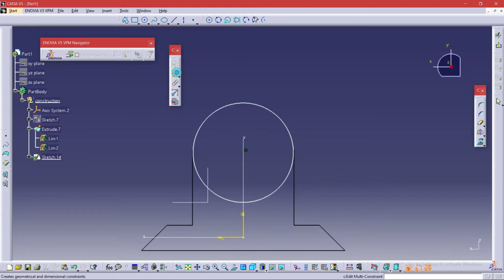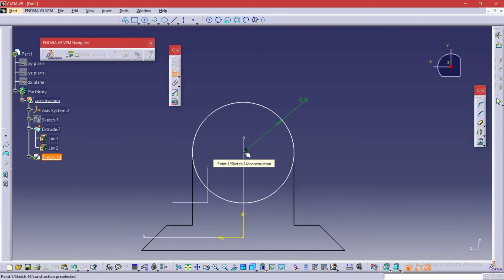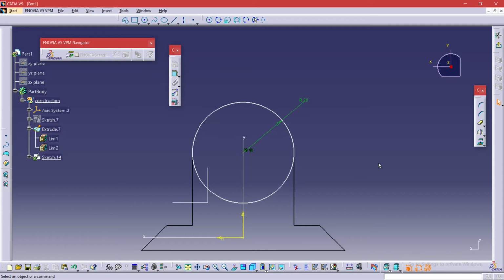We can use the circle on the above part, and from there I am going to trim the excess part by putting the exact dimension of the circle, that is 20 radius. Before taking all this, I took the XY plane, the front view exactly. From the front view, I have taken the circle with the exact diameter. I'm going to take the radius as 20. Check out the constraints that I'm going to use.